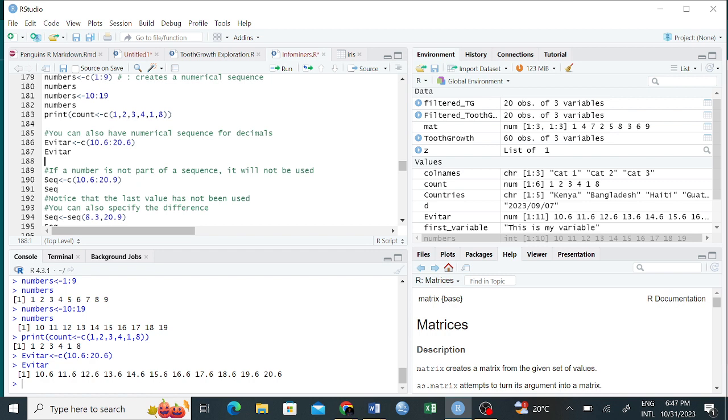And then there's a comment here that if a number is not part of a sequence, it will not be used. For example, here you can see we are jumping from 10.6 up to 20.6. It's increasing one by one by one by one by one, right? Up to 20.6, you'll get the answer. But now in a case where we are coming from 10.6 up to 20.6, the next number should be 21.6, but our number is ending at 20.9. So 20.9 is not going to be used, right? We stop where the sequence